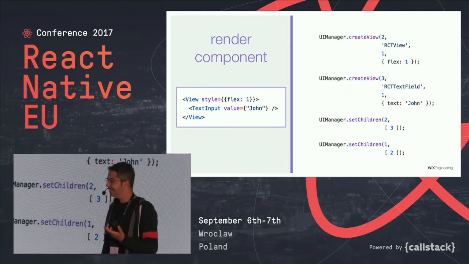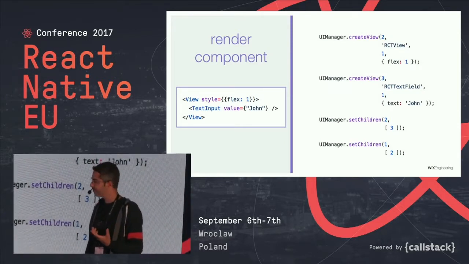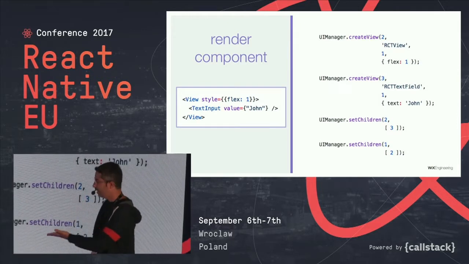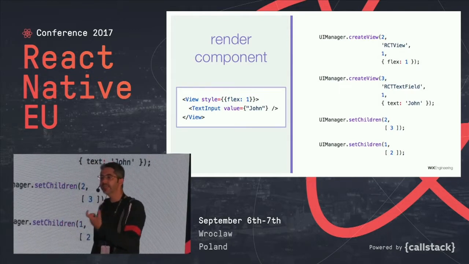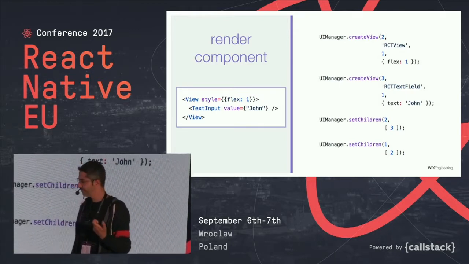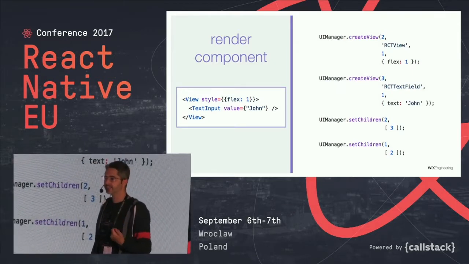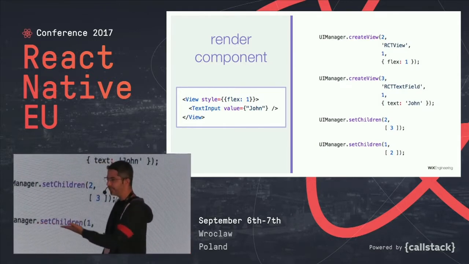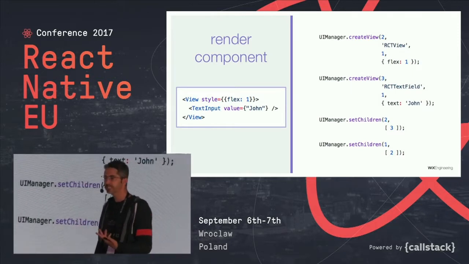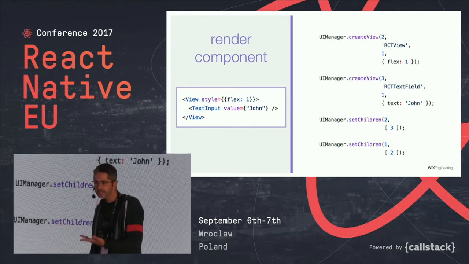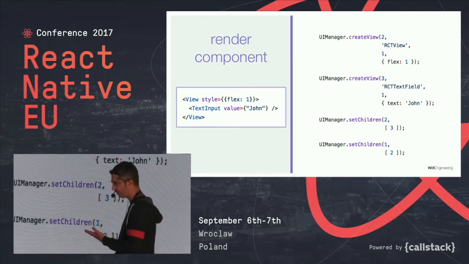The UI manager is the native module in charge of instantiating native views in React Native. The commands you would send to it are, let's create the first view, the RCTView. RCTView is the native counterpart of the View component in JavaScript. It receives the props, and it has some numbers. These numbers are the React tags that are allocated for this view. Then it would create another one, the text input. You see that in native, it's not actually a text input, it's RCTTextField, and the props are a bit different. Instead of value, it's called text, but that's okay. It knows how to translate these things for us. Then it would set children and play with the React tags just to set everything up.